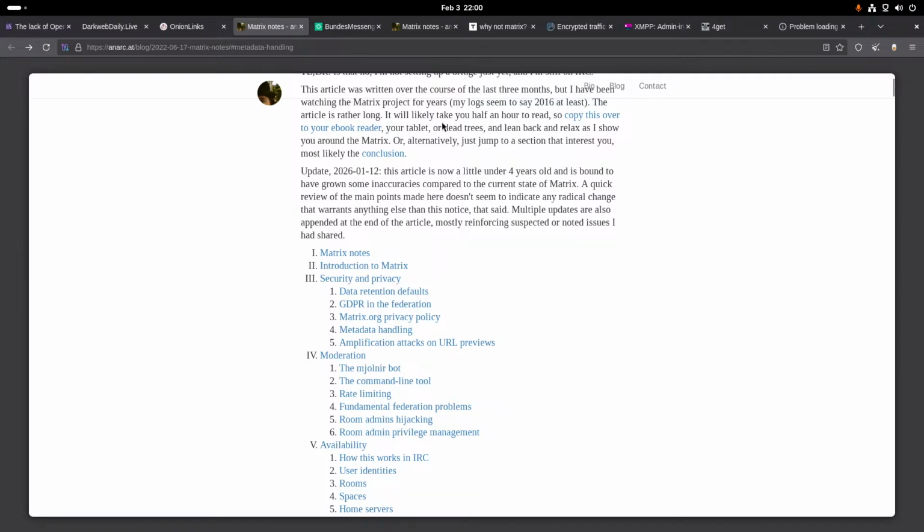Yeah, company-wise, companies are going to pick something that is polished. Matrix is getting more polished. They're polishing a lot of stuff out. I've used Mattermost before in an environment with other people that collaborate. It was not really that good. Matrix kind of just works with the standard Element app.